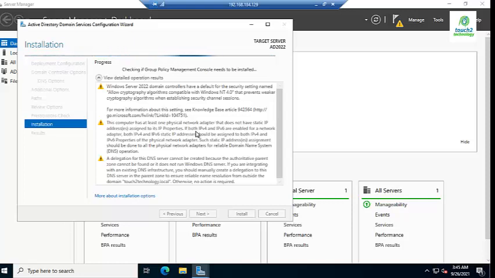Checking the Group Policy Management Console.